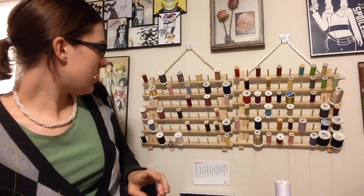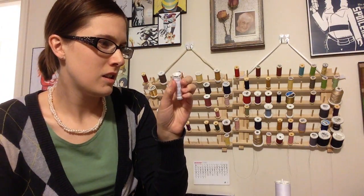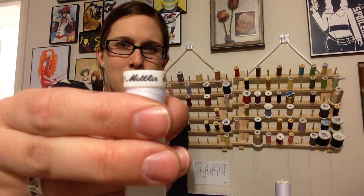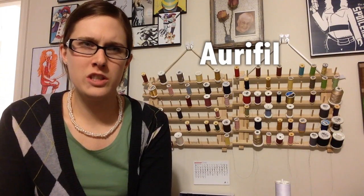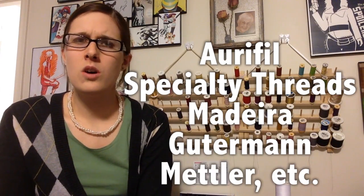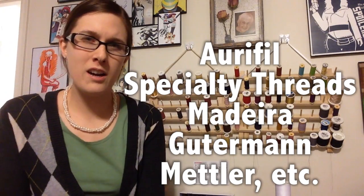Other top brands though, let's see, do I have any? Other top brands are Mettler. Mettler is supposed to be pretty good. I can find Mettler at my local specialty store if I really want some Mettler. There's also Aurifil, Specialty Threads, and there's a whole bunch of threads out there, but just be aware that if